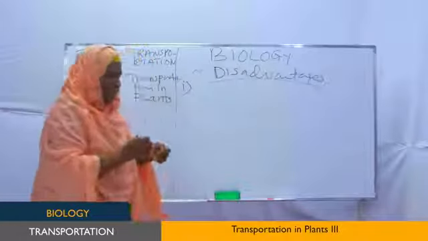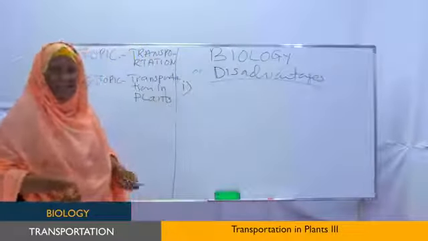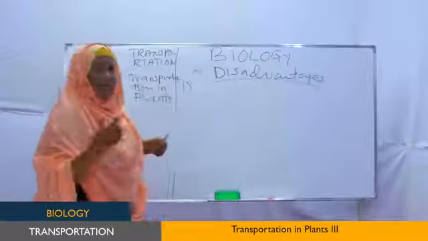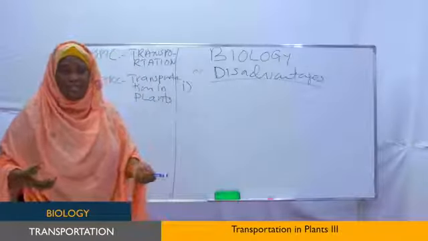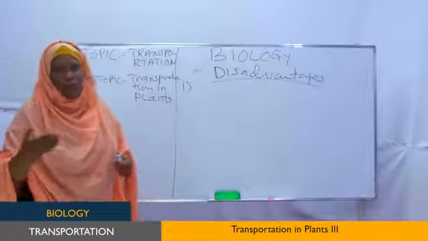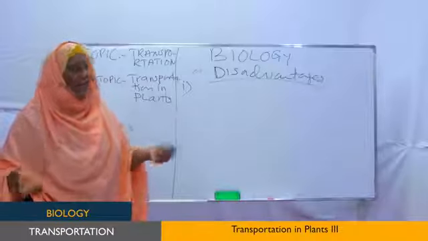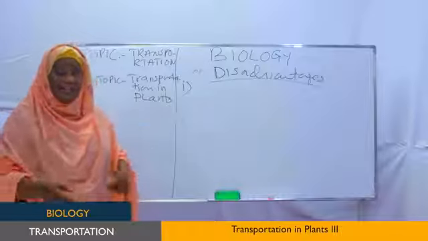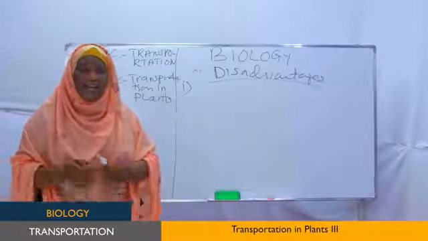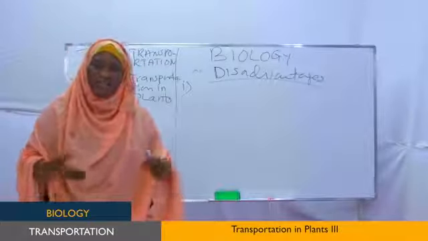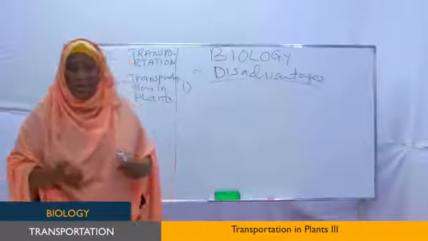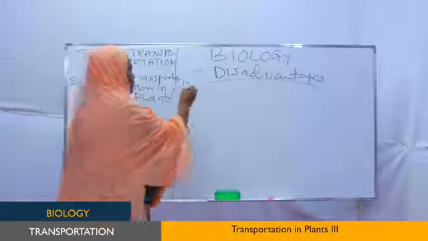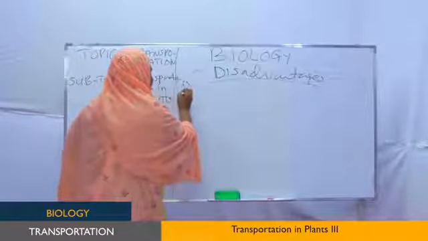For example, here you can say that transpiration leads to dryness of the cells. It means cells lose more water and become flaccid, and that flaccidity, if it is severe, can even lead to death of the cells and the plant as a whole. That is one. Second,